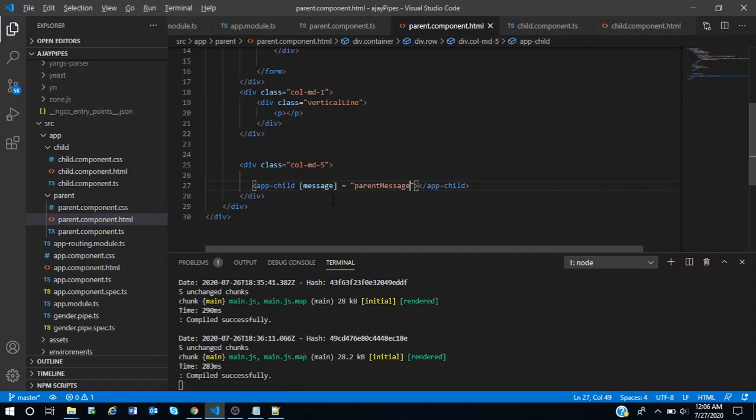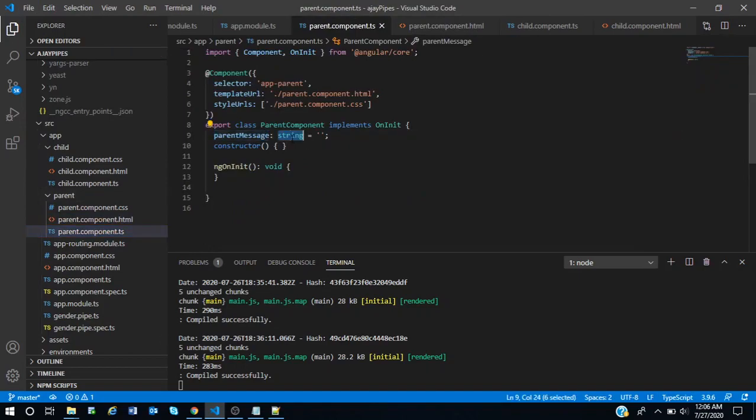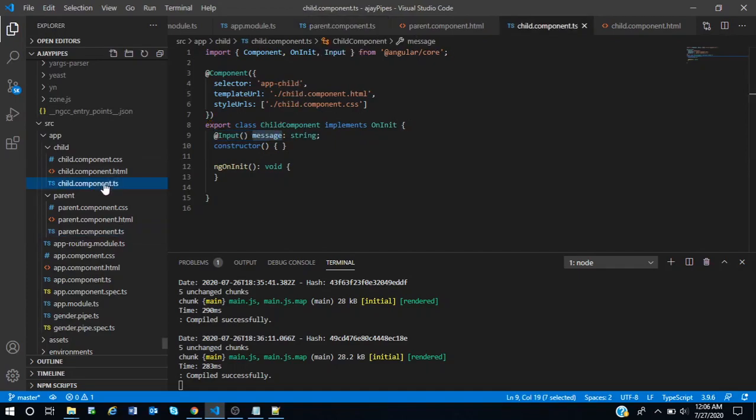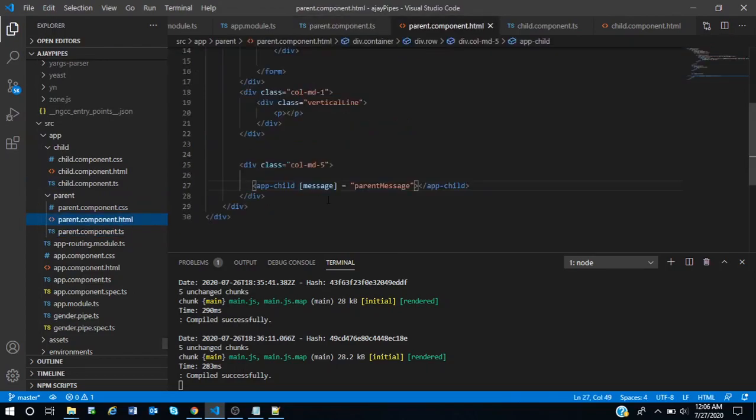What we have done till now is we are sending data from parentMessage to message in the child component. As you can observe, this is how data is passing from parent to child.